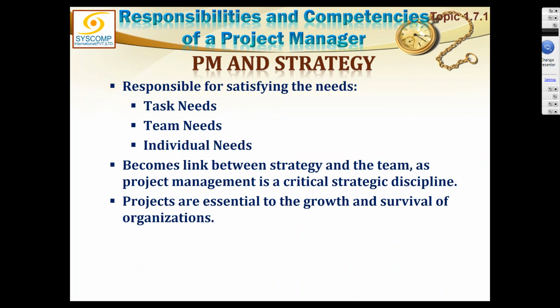Responsibilities and competencies of a project manager. The project manager is responsible for satisfying not only the task needs, the activities he is doing, which should be performed well, but he must also look after the team needs. Whatever equipment or resources they need to have, they must be provided, and also